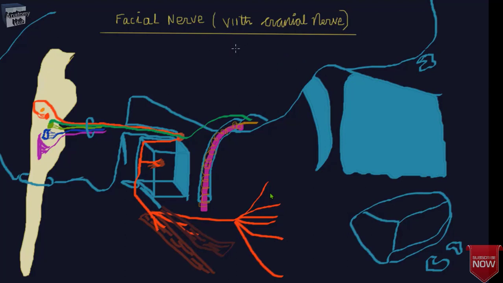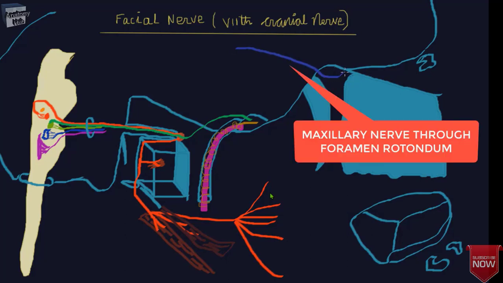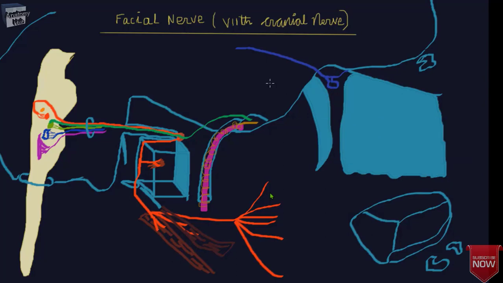Now here you can see in this green is actually the maxillary branch. So we will make another color as blue. Now you can see this is the maxillary nerve, the branch of trigeminal nerve, V2 branch, along with the ganglion, the pterygopalatine ganglion. Now the parasympathetic fiber from the lacrimatory branch will go through this pterygoid canal and enter into this pterygopalatine fossa and will synapse over here at the pterygopalatine ganglion.